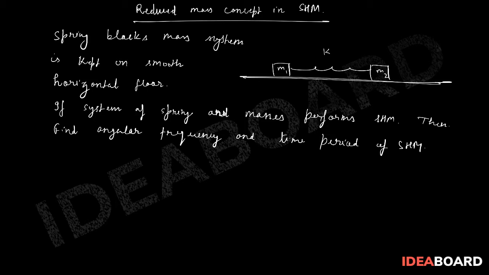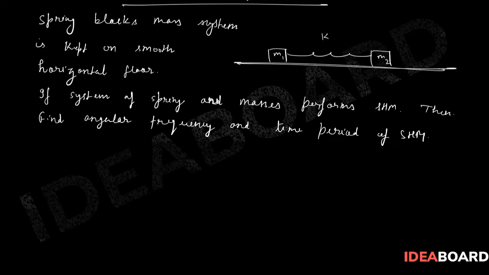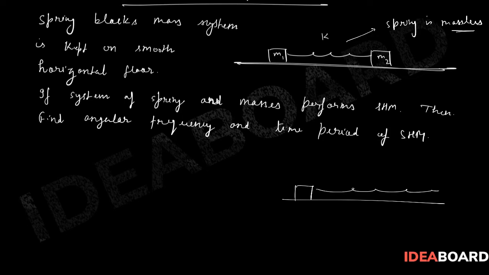this formula to apply in the question. Okay, the assumption you need to remember is that the spring is massless. This is important. So what we do usually in SHM, we will be doing the same things, right? So suppose that this is our mass m, this is the spring.